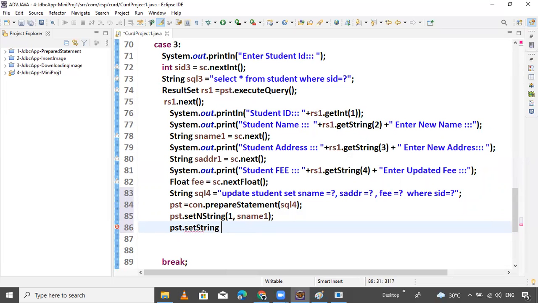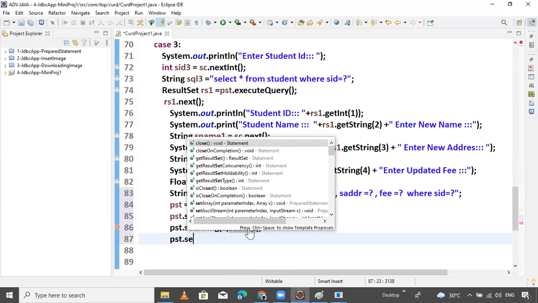What is that? 2. It will provide in number 2. Value is ADDR.